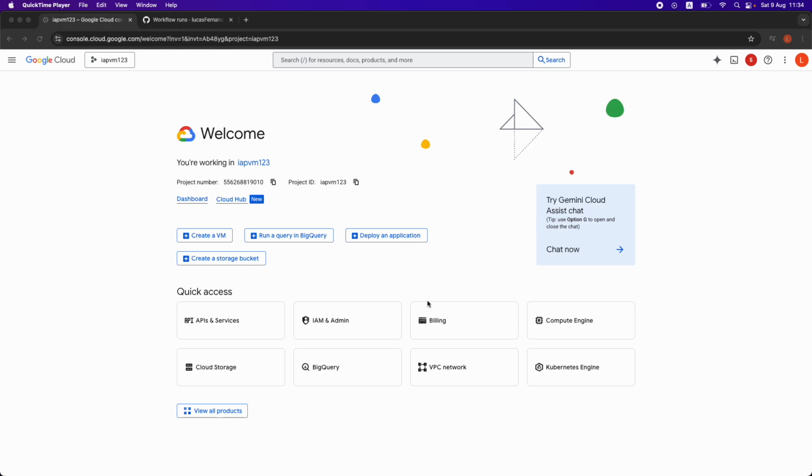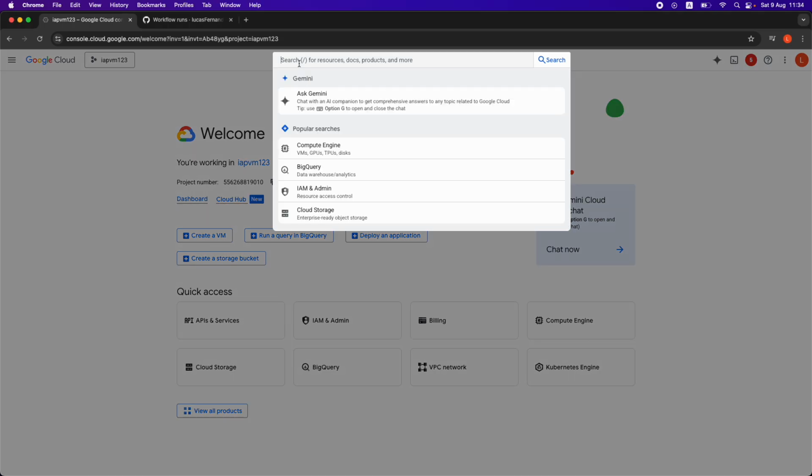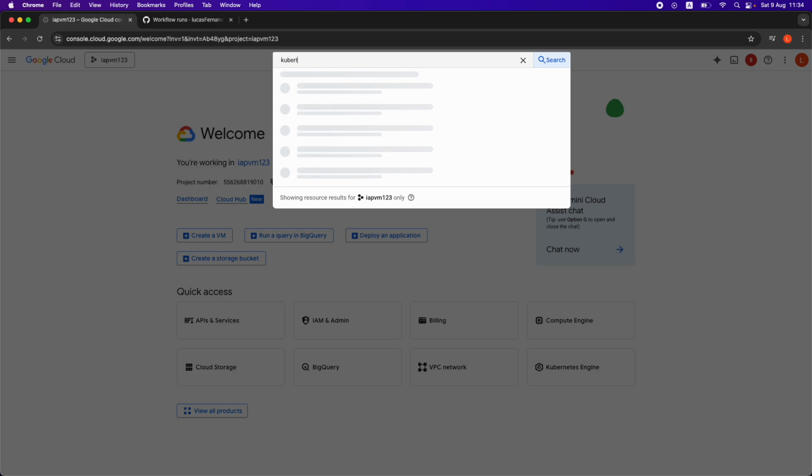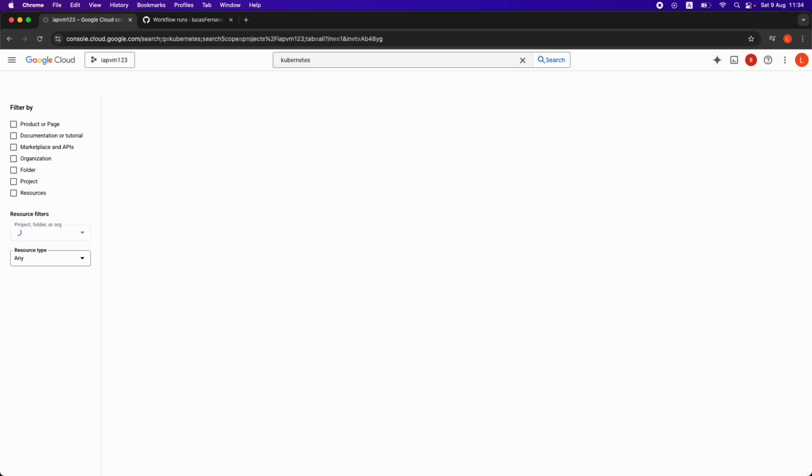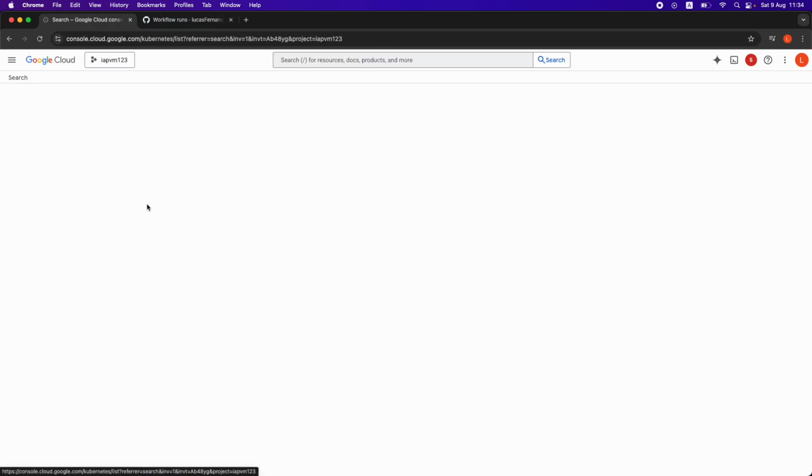Hi, today we're going to deploy our same app to Google Kubernetes Engine instead of Google Cloud Run using GitHub Actions CI/CD pipeline. So first, let's create the Kubernetes cluster where our app is going to live. Go to the search bar, search for Kubernetes, go to clusters,